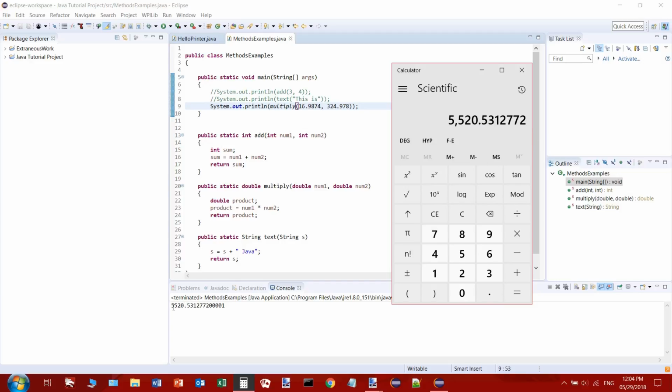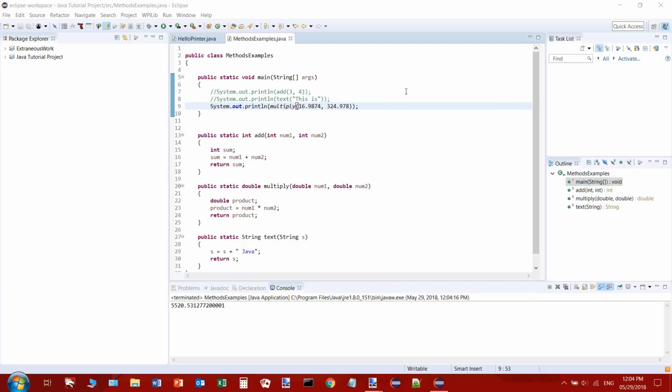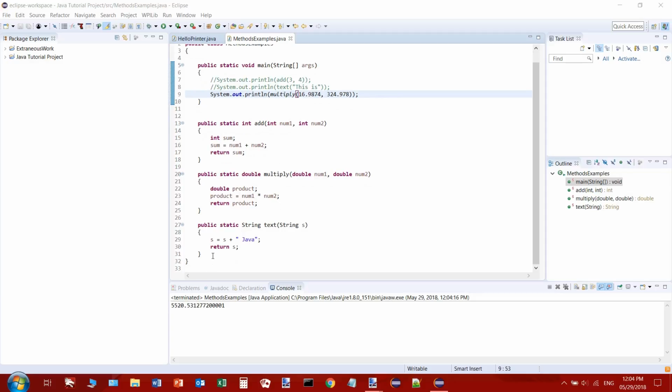$5,520.53 and some change. Alright, looks like we did it. So that wraps it up for the return method, and now I'm going to do